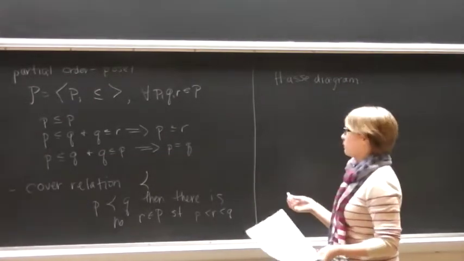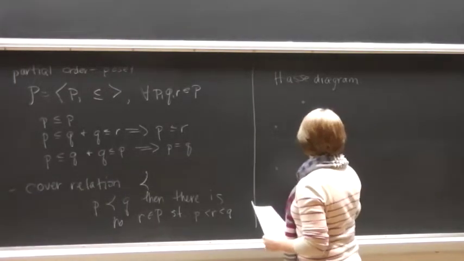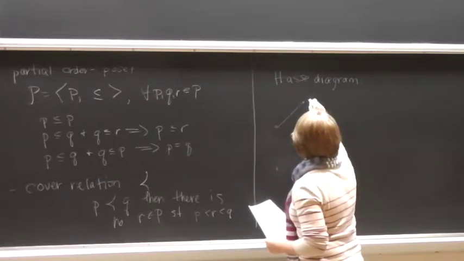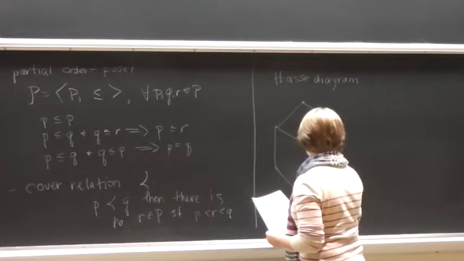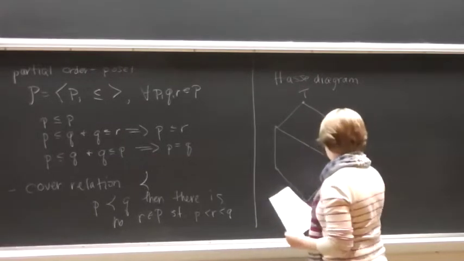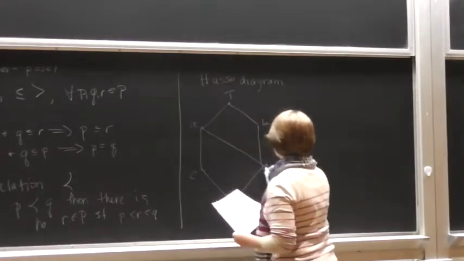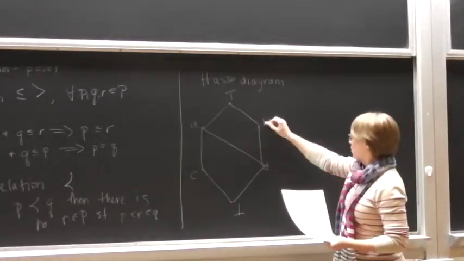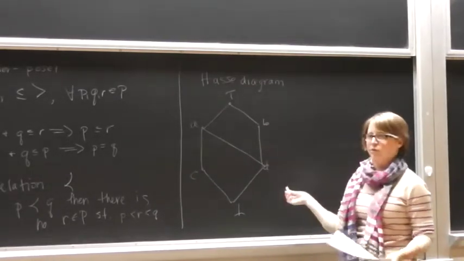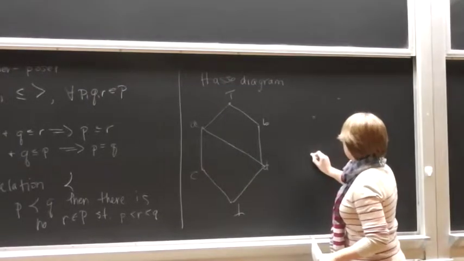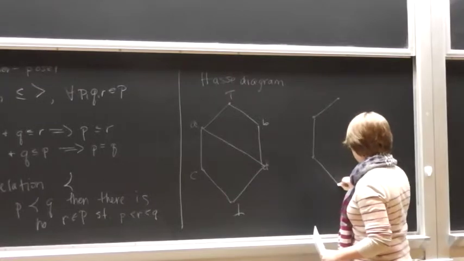And this is just a way of visually representing a poset. So for example, I'm going to draw two different visual representations which are kind of going to motivate the rest of the talk. So if I call this top, this bottom, A, B, C, D, this is all the cover relation. So D is covered by B, D is covered by A, bottom is less than everything, and so forth. And then the second example, which is going to be different in one particular way,